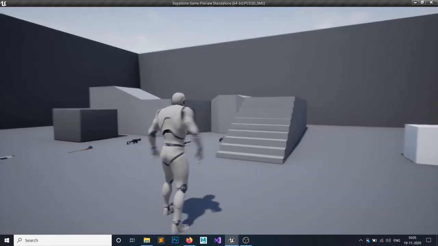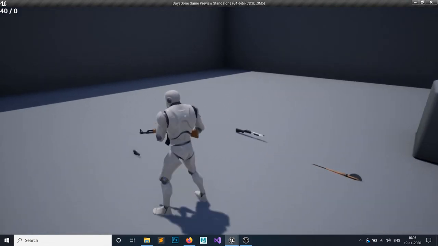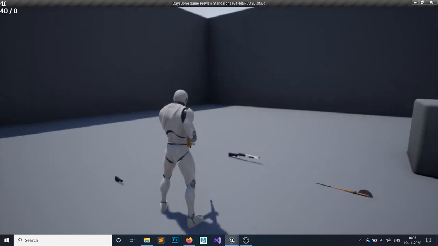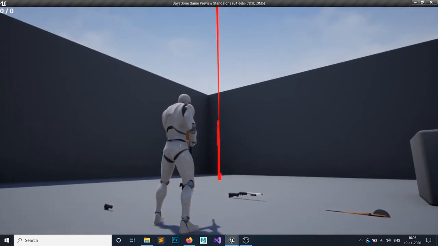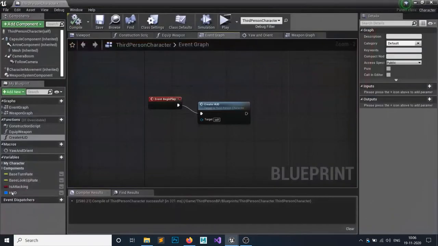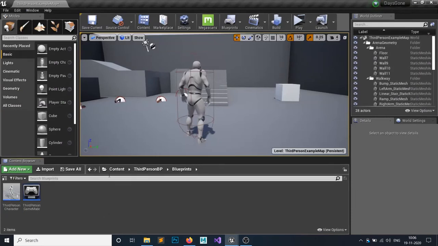So as you can see, I have 40 guns slash maximum ammo shoot 0. Okay, it is not working as it should. Okay, so let's see where we messed up.